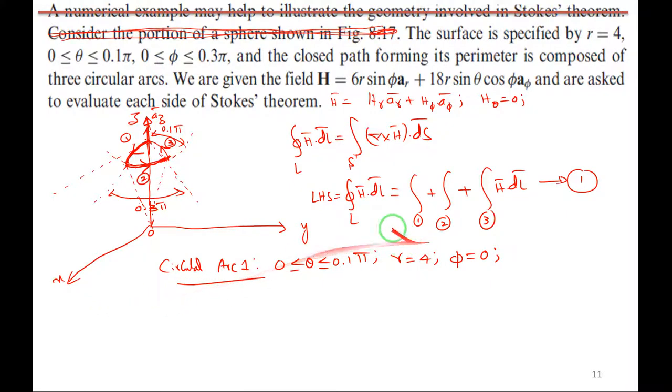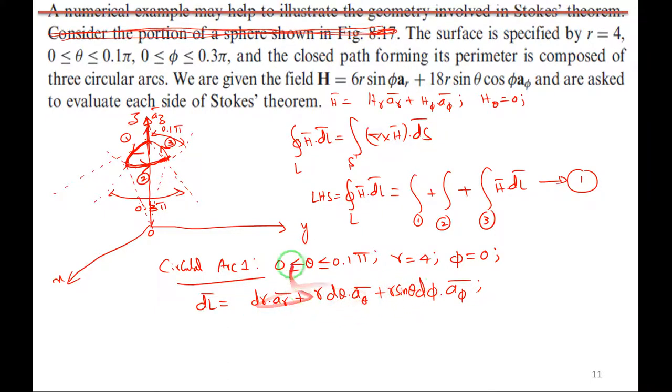Okay, then what is this dl vector? Let me write the dl vector because I should know it. This is the spherical coordinate system r, theta, phi. So let me write the dl vector in spherical coordinates: dr into a r plus r d theta into a theta plus r sin theta d phi into a phi. Multiply by the scale factors 1, r, r sin theta.